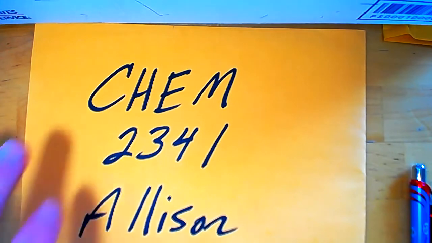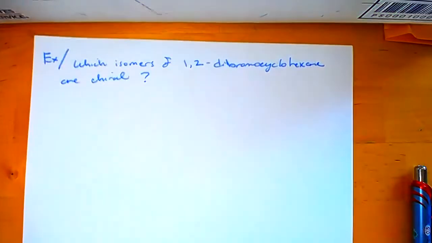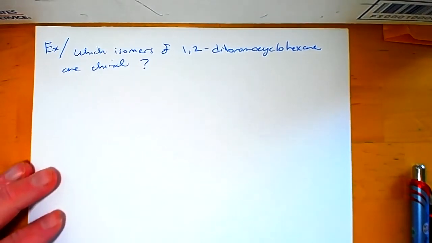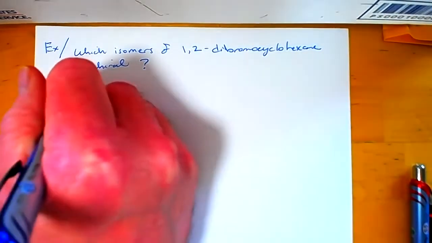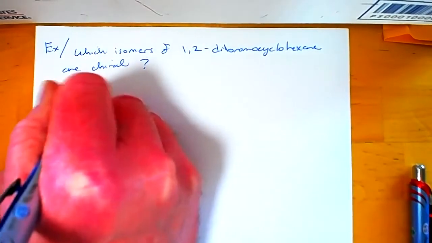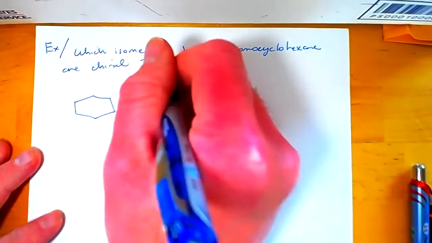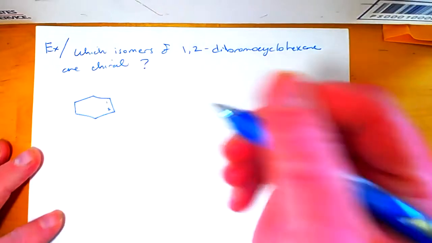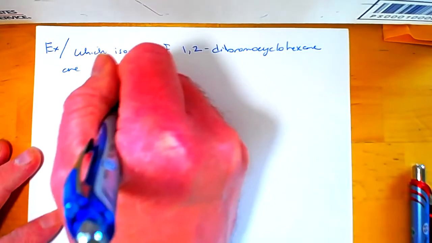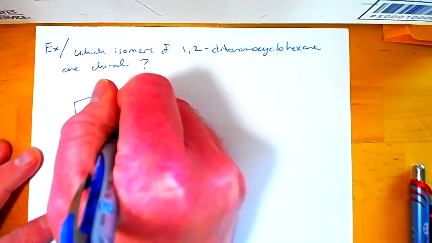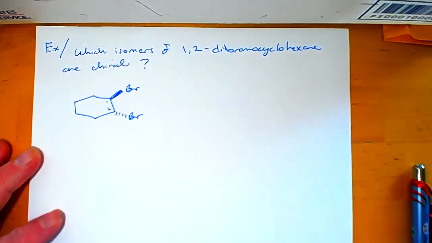So let's start off with a question, which is which isomers of 1,2-dibromocyclohexane are chiral? Okay, so if you go and draw this compound, the first issue that you're going to notice is that the two bromines at the 1 and at the 2 position can be drawn in different orientations. So, for instance, I could draw the two bromine groups like trains, so one up and one down. But if you think about that for a second,